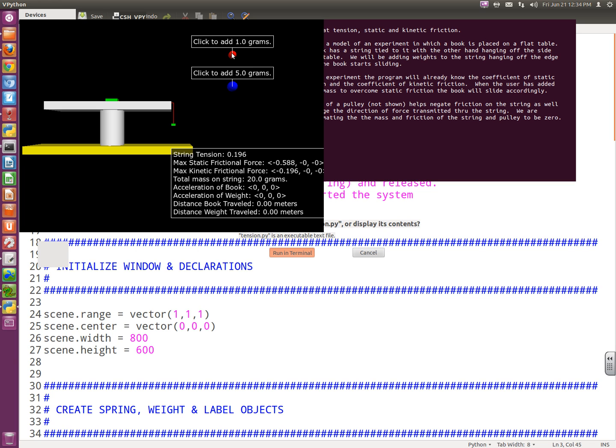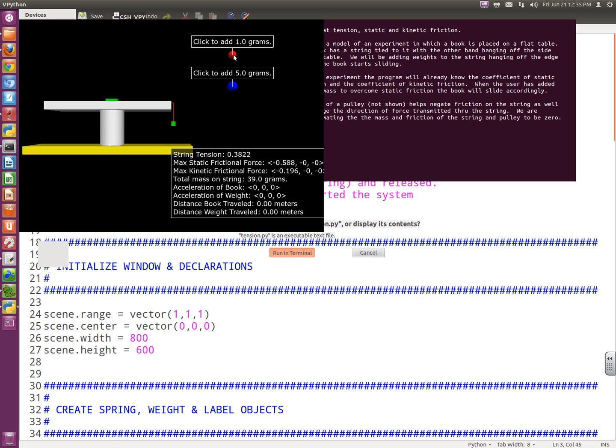So 1 gram, 2, 3, 4, 5, 6, 7. Notice it's updating the mass on the string, the tension, force. Another one, another one, and more. We're up to 33 grams on this little mass here. No acceleration of the book, no acceleration of the weight, no distance of book traveled. Where is the threshold? 38 grams,